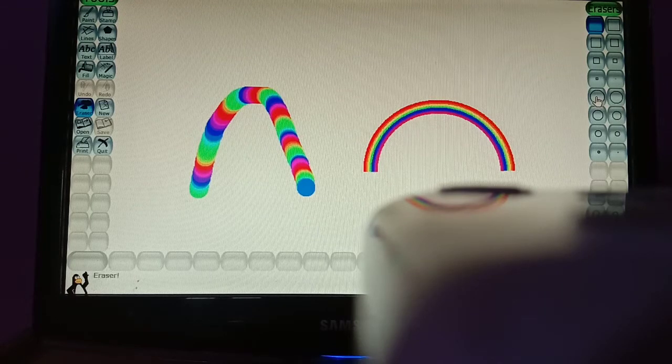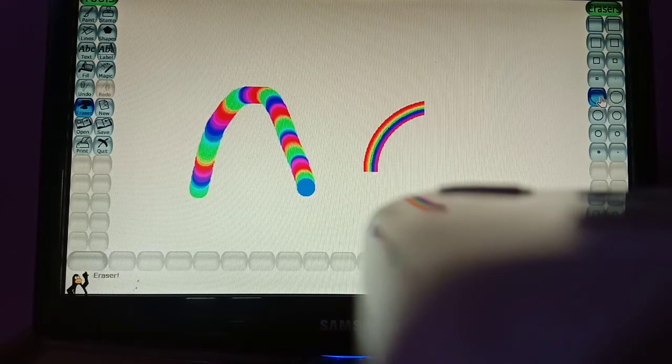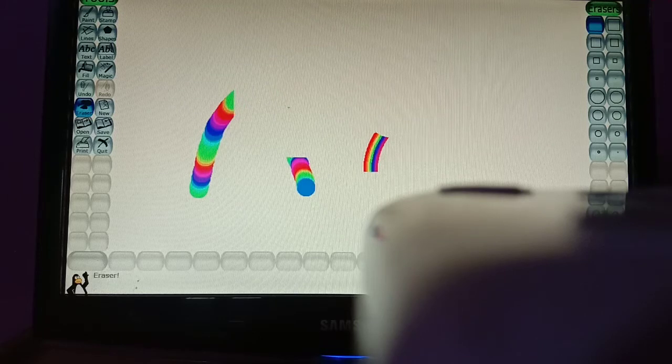If you want a shape of circle, it will erase in a circular form, and if you choose a rectangular form, it will erase in a rectangular form. Are you able to see the difference? Got it?